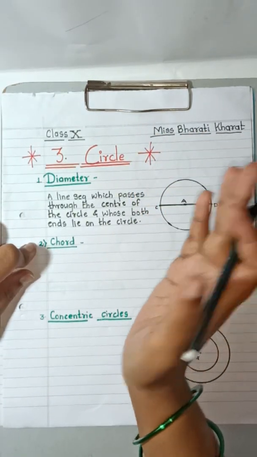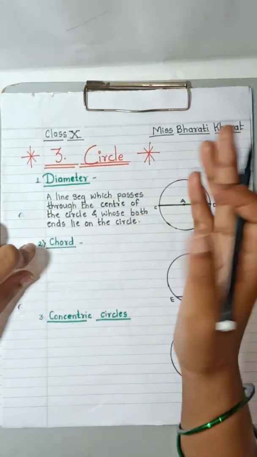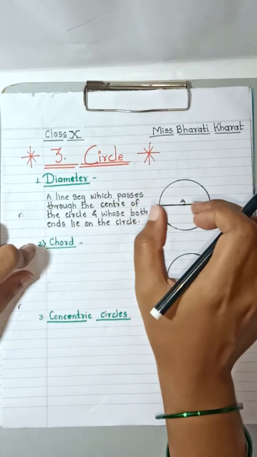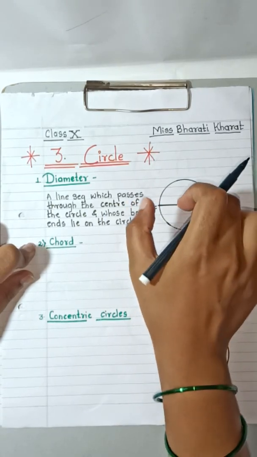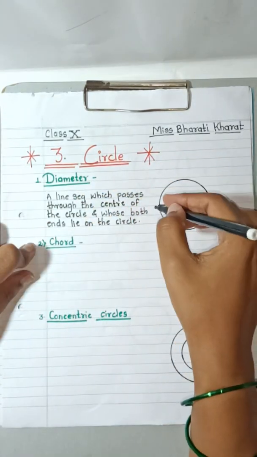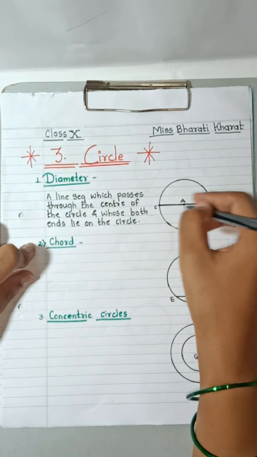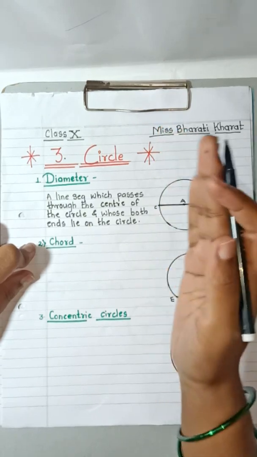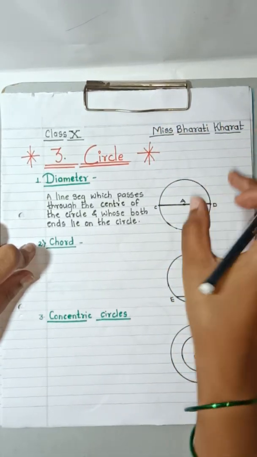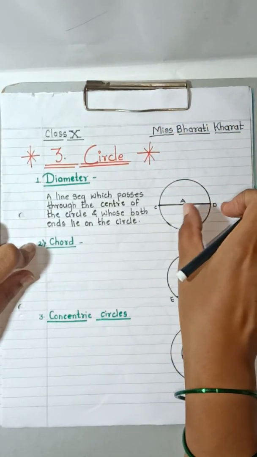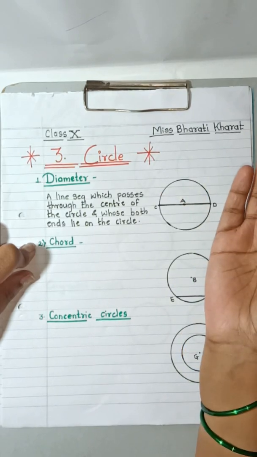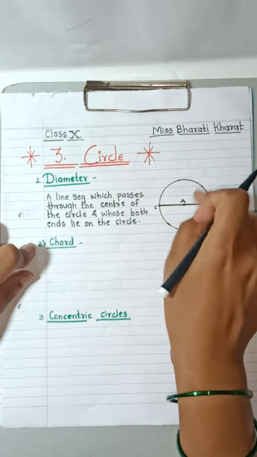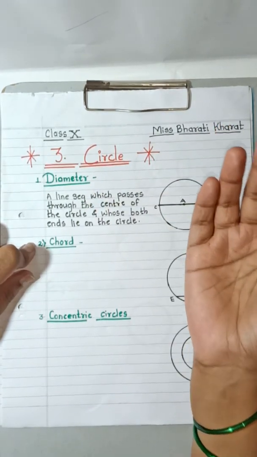You have also studied in your previous standard what is the diameter, what is the radius. So we are just recalling it. So diameter is what? Diameter is a line segment which passes through the center of the circle and the two ends of the line segment lie on the circle. Whereas radius is what? Radius is half of the diameter. Now this half of CD, that is AD, is the radius of the circle, or you can also call half of CD, that is AC, the radius of the circle.